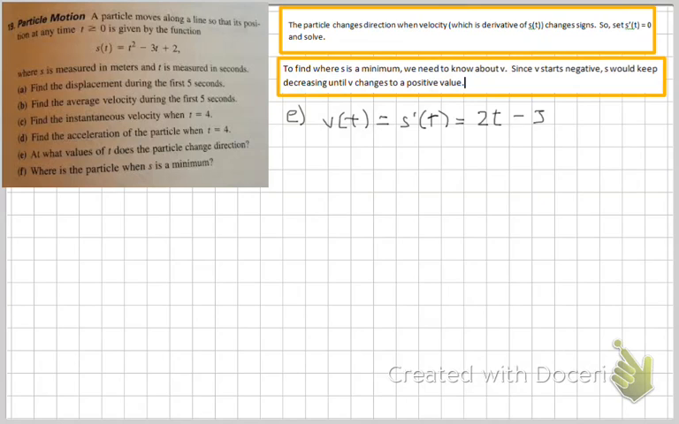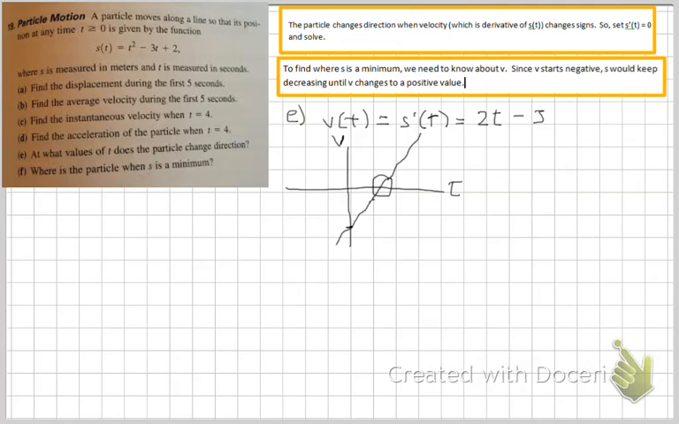2t minus 3. Right, and if you do a quick graph of the velocity versus the time, when t equals 0, you'll be at negative 3. When you're at 1 second, you'll be at negative 1. And you'll be able to draw a graph that looks like this roughly, right? So the point that we're looking for is right here, where it crosses through